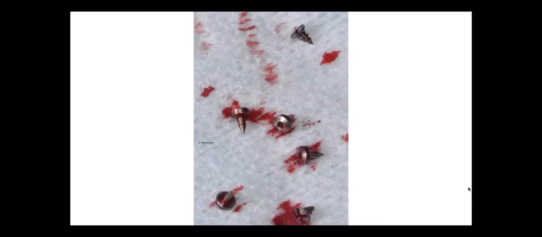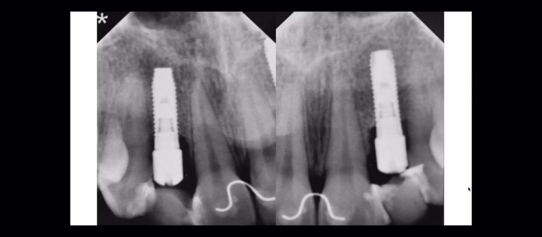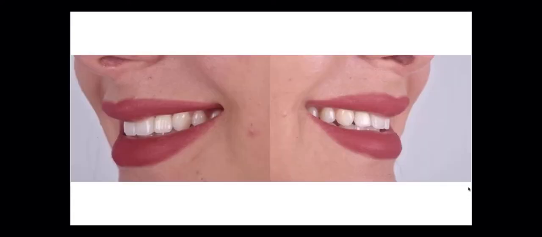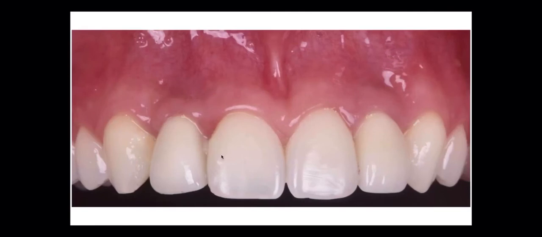The tags were removed after 8 or 9 months. We placed 2 implants in ideal position, and the patient was referred back to the prosthodontist to continue on doing the final crowns. And this is the final situation. Okay, those were the implants in the lateral areas. We can observe a